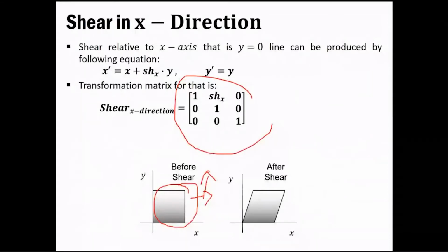If I say you have to perform some operation on the square and transform it so that it appears to the user as a parallelogram, then you should get this. Okay, we need to perform some operation that will do this. Obviously in our case it is shear operation, and that is in x direction. We'll see this so that you get an idea of how it will work in an actual scenario. So now SHX is the shear parameter.